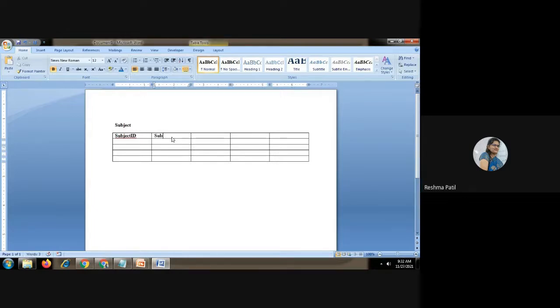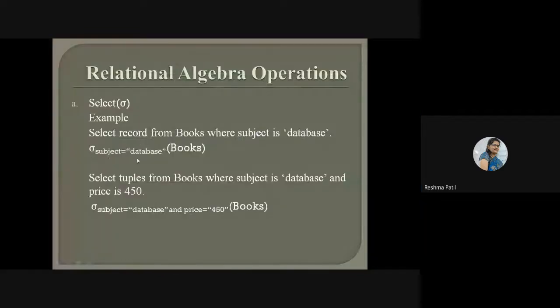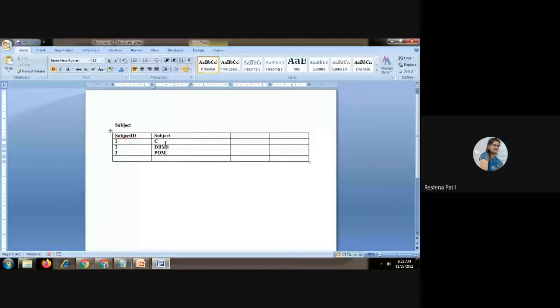Your subject name, and for example, if it is a book, then price will be there. Other columns will be there, but here we will use only two columns right now. For example, C, DBMS, then COM. These are the subjects. What logic are we writing? Select subject is equal to database. So here our name should be like that.